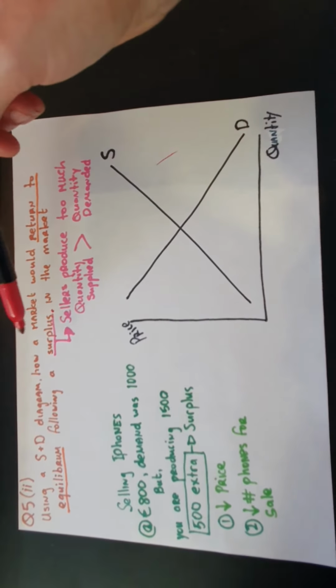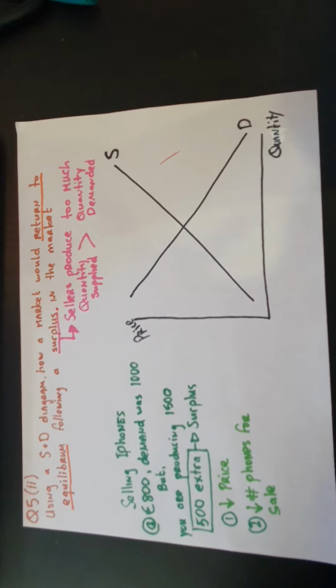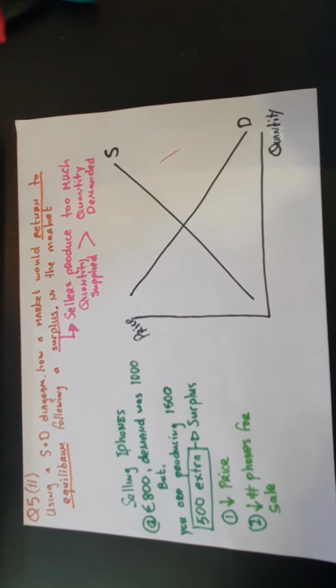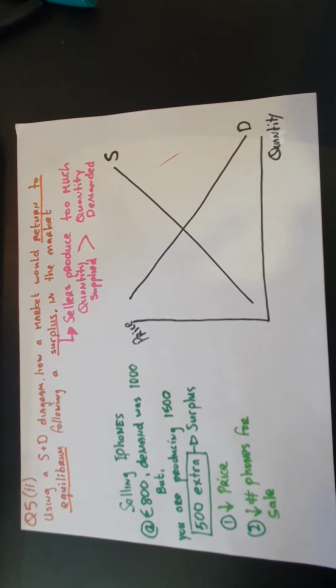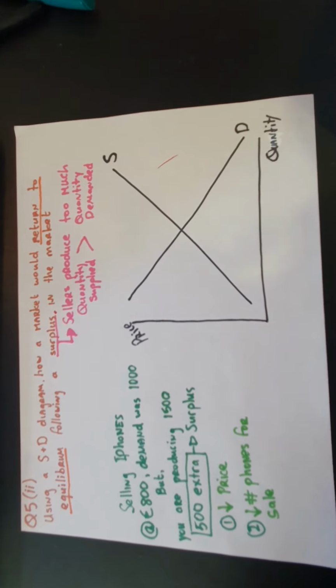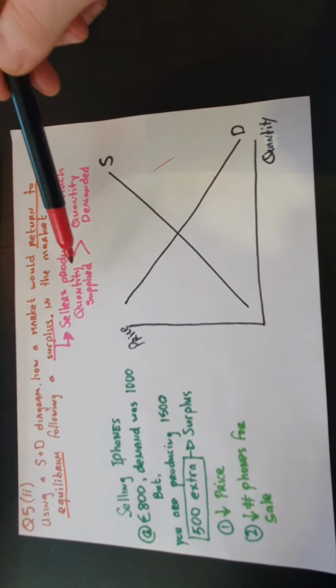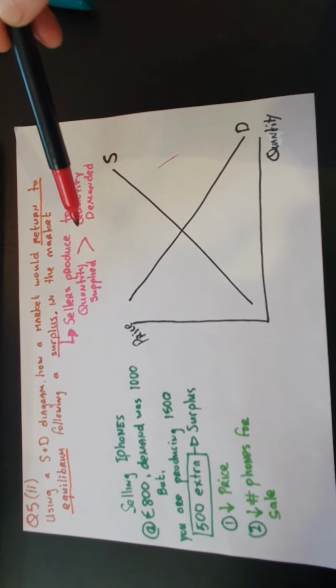First is surplus. So what is a surplus? A surplus is when the sellers produce too much of something. So that might mean they have to export some of their excess goods. They may have to just store it. Either way, what that means for the business is that the quantity that they have supplied is greater than the